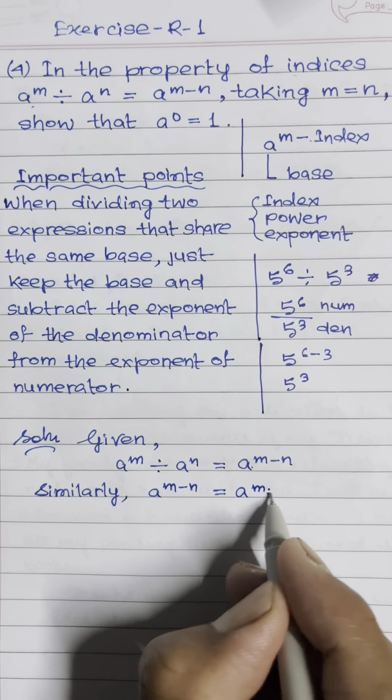देखो कभी कभार हम क्या लिखते हैं, a into b and b into a is the same thing, ठीक है. जहाँ पे वैल्यू चेंज नहीं होते. सो यहाँ हमने क्या किया, मैंने जो लेफ्ट हैंड साइड को राइट हैंड साइड में लाया, राइट हैंड को लेफ्ट हैंड साइड में ले गया, ठीक है. सो a to the power m divided by a to the power n is written like that, लिख लिया. अभी देखो, अभी क्या करेंगे, सो लुक,